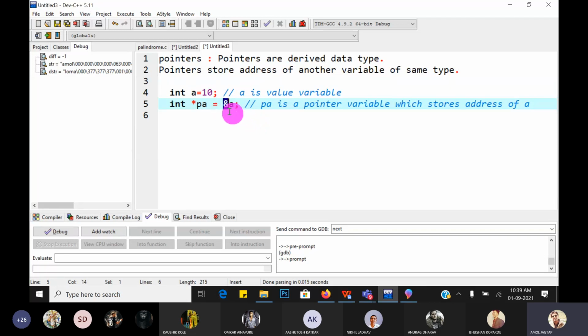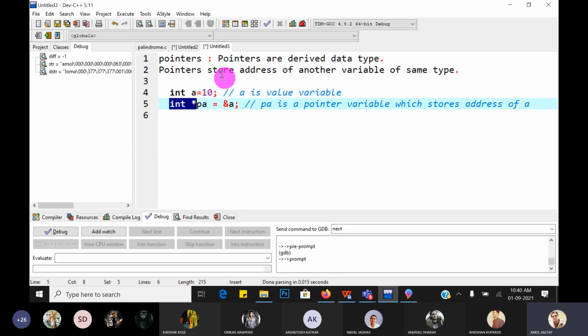The address is represented by ampersand. We already know, at the scanf statement, we have always used that. So address of a gives you a variable's address, which we stored into PA. And PA is a variable, but of which type? Integer pointer. So if you store the address of an integer variable, we require an integer pointer.